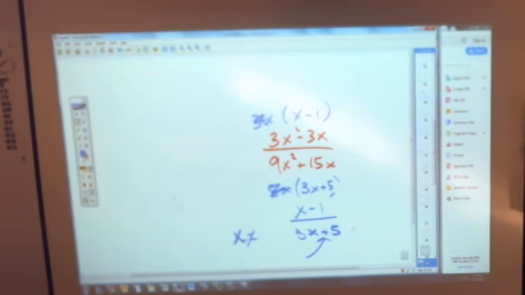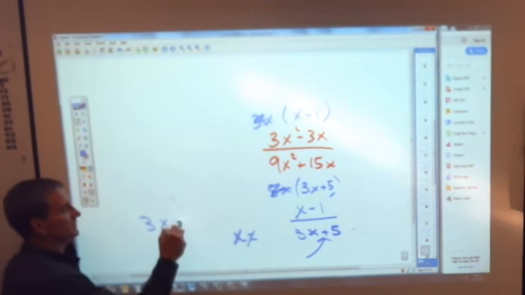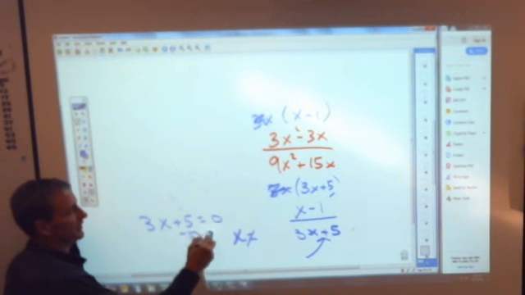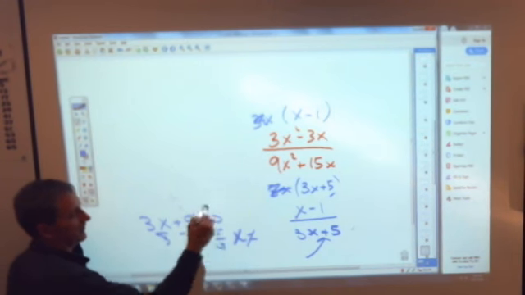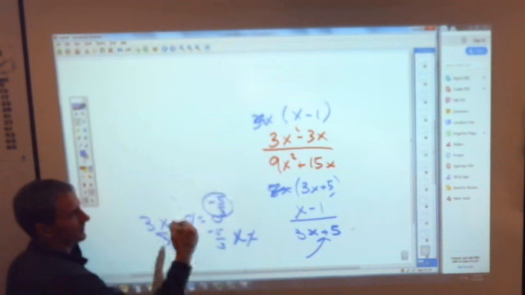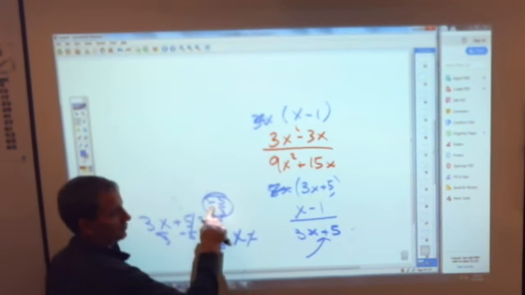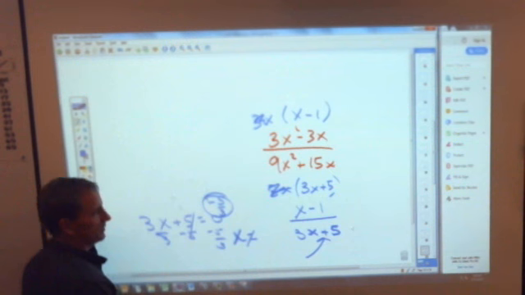Emily, did you get something? Wait, you can't solve that equation? 3x plus 5 equals 0? Can somebody? Connor? Morgan? Yeah, negative 5/3. You want to know when the bottom is 0, because that's what x can't be. So subtract 5, divide by 3, negative 5/3. If you multiply 3 times negative 5/3, you get negative 5, plus 5 would give you 0. x cannot equal that.